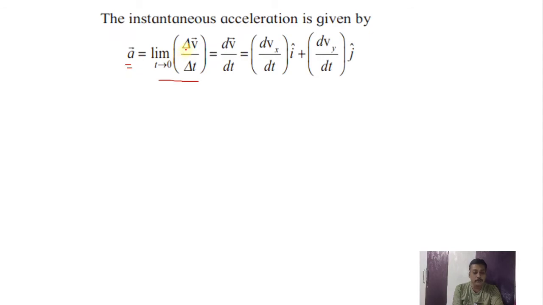What is this dvx? This is the derivative of the x component of velocity, and this is the derivative of the y component of velocity. I already explained that the rate of change of velocity with respect to time is nothing but the acceleration. So for writing the formula for acceleration, we write the change in velocity upon time. When we write the formula for velocity, we use the rate of change of displacement with respect to time. So again, in case of instantaneous acceleration also, if I write delta v, then it is the formula for acceleration.